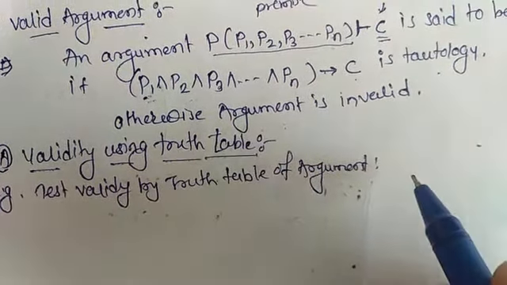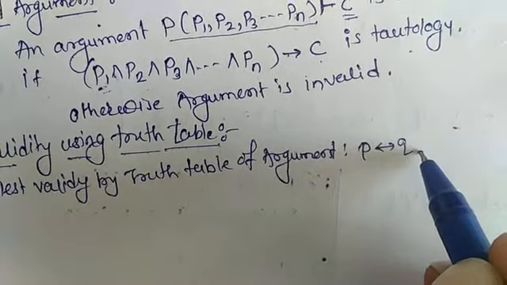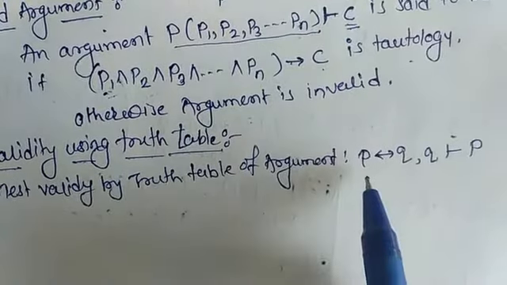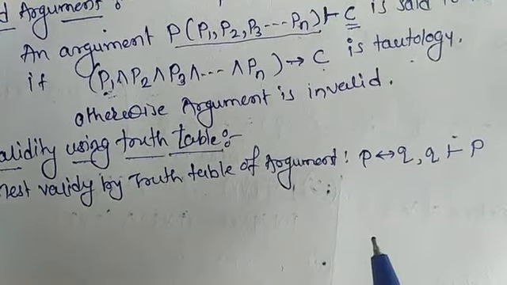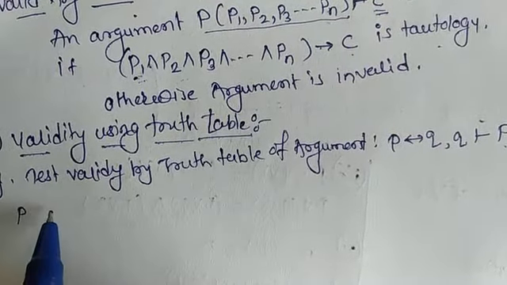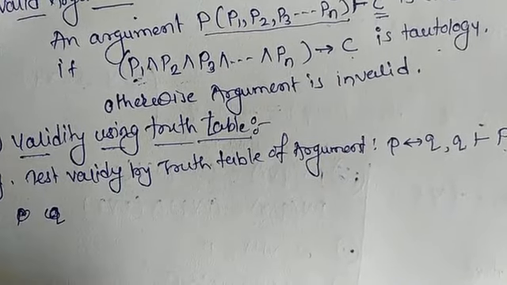Argument is given: P → Q, Q, conclude P. We have to check the validity of this argument. There are two statements, P and Q. In the solution, first we have to write